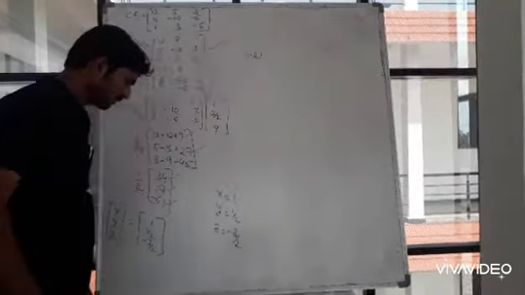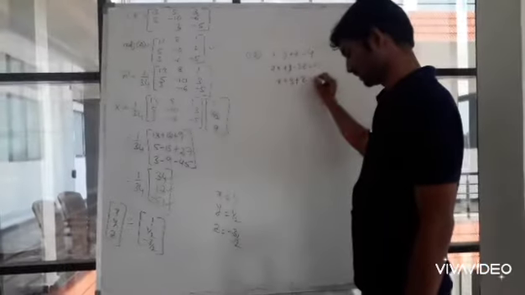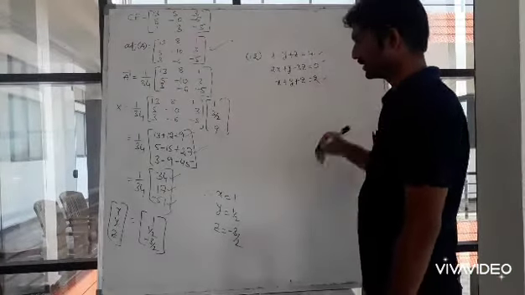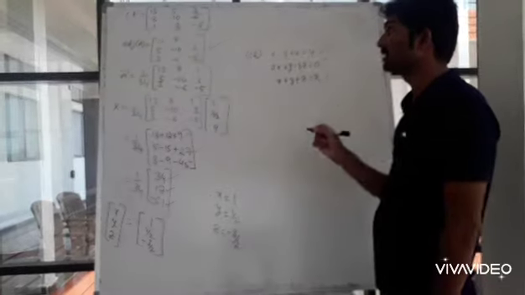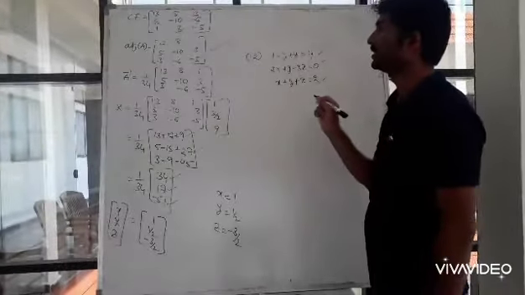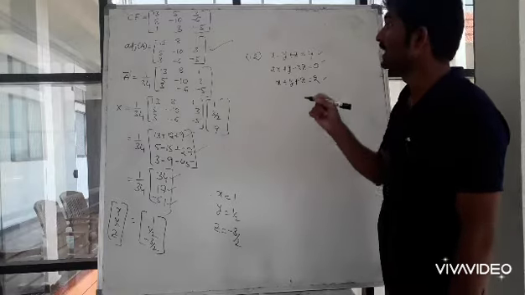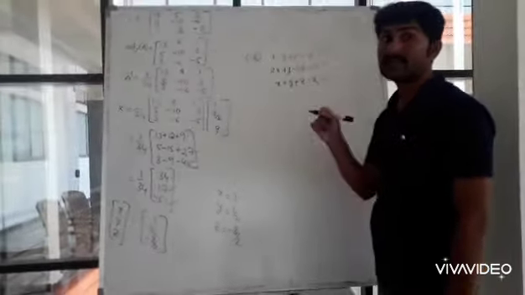x minus y plus z is equal to 4. 2x plus y minus 3z is equal to 0. x plus y plus z is equal to 2x. Okay, so you can solve this. It is simple, no fractions are there. You get it easily. You can calculate. But take care while finding the adjoint and cofactors. Don't make any mistakes. Take a lot of care for signs also while taking the adjoint of A. Means for finding the cofactors, you should be very careful.